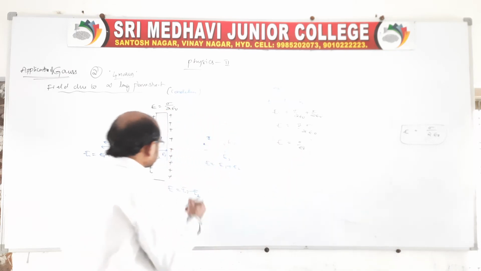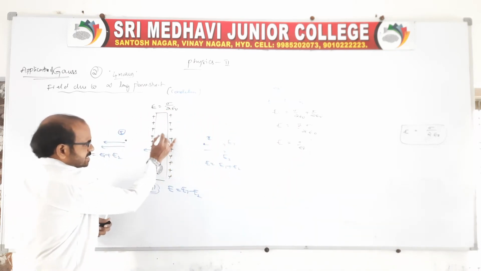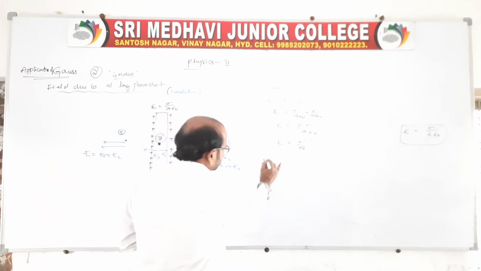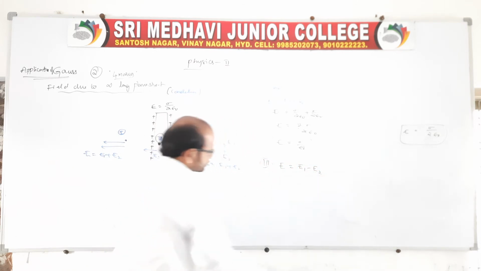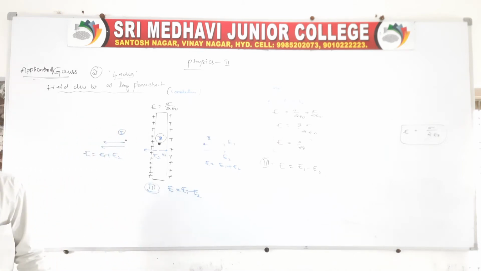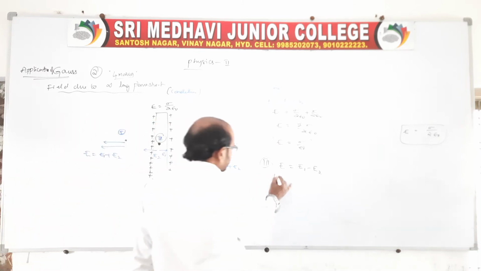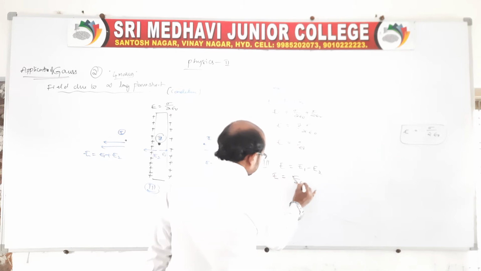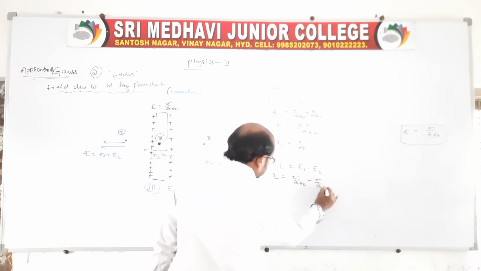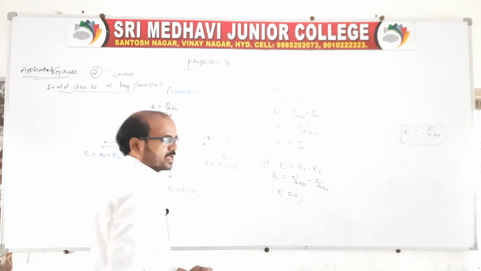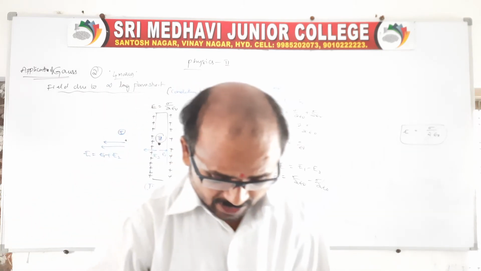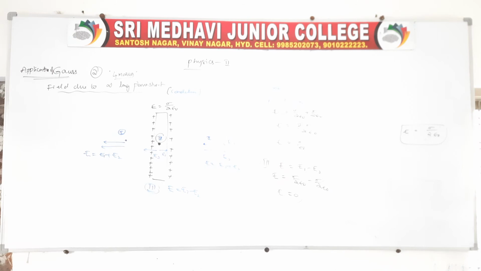Sir, what about the inner region? Inner in the sense is inside. Inside is the third point. You take a third point, the field intensities which are acting in opposite. You take any one, either E1 minus E2 or E2 minus E1. Therefore, E is equal to sigma by 2 epsilon naught minus sigma by 2 epsilon naught. So this will be cancelled. Inner region is 0. Inside is 0, whereas outside is, of course, sigma by epsilon naught we can say.